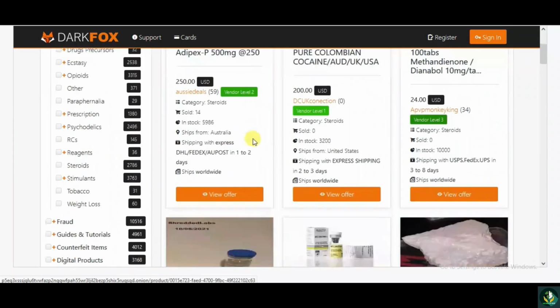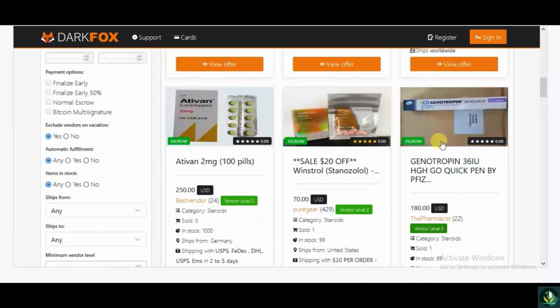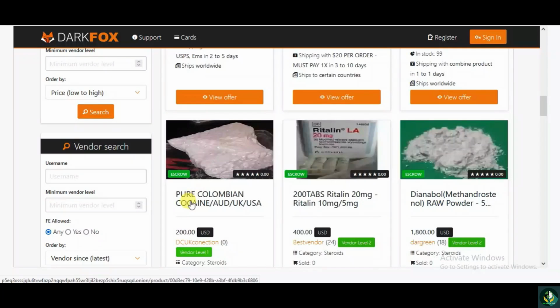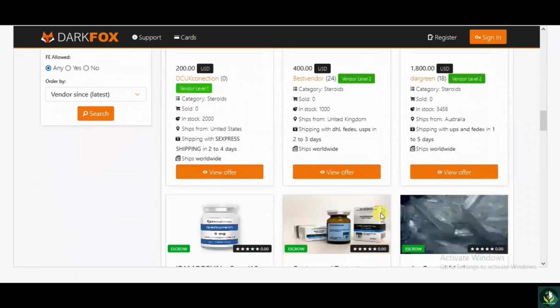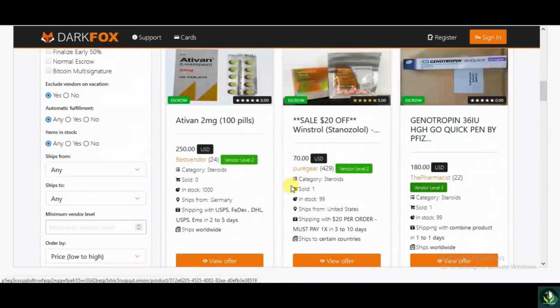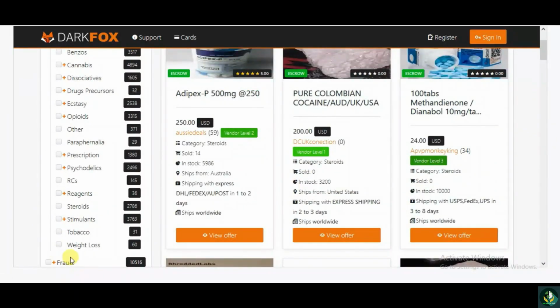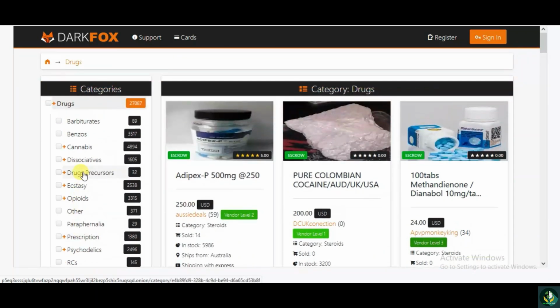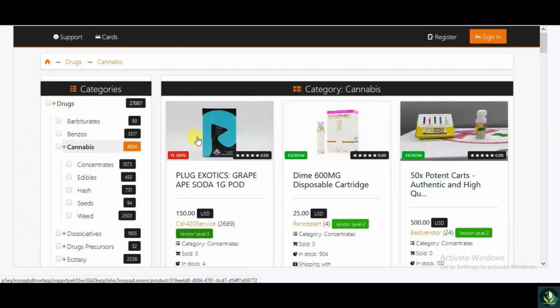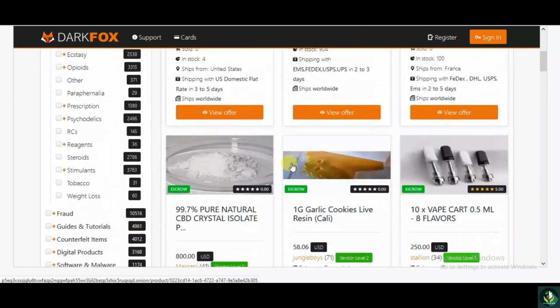This is a drugs market, openly selling pure Colombian cocaine, all the drugs from all over the world. You guys can find them here, and this is the classification of drugs. Many other drugs are for sale, like cannabis.